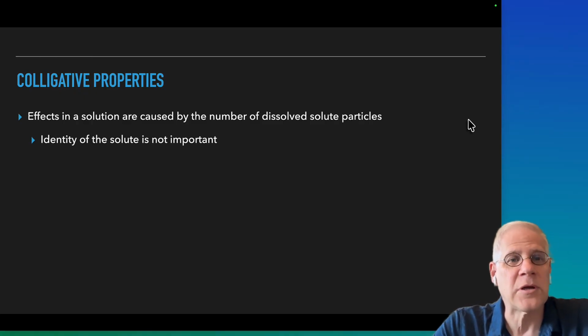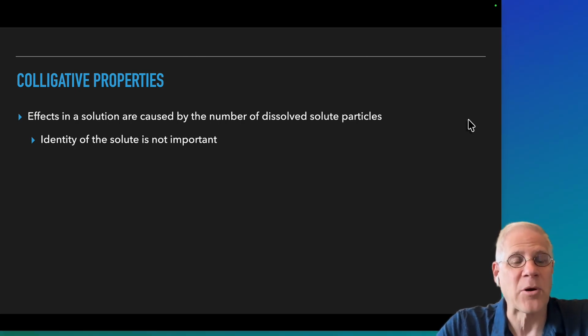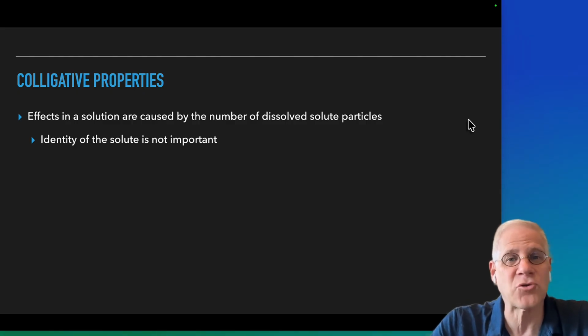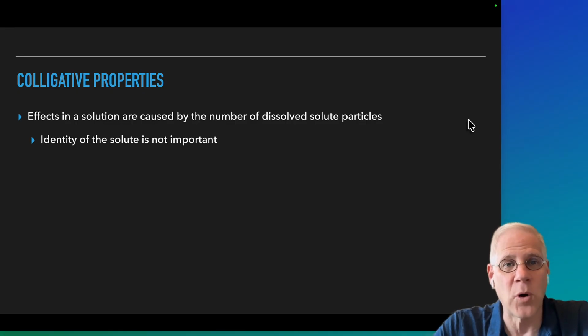but it's only determined by the number of solute particles and not the identity of the solute particles. So it doesn't matter what type of particles they are, whether it's a sugar molecule or a sodium ion. They're all just one particle. And so the effects that they have on the colligative properties of the solution are independent of what that